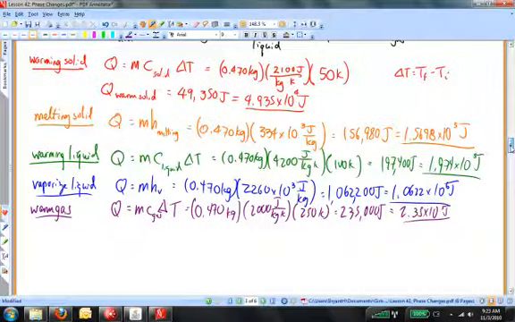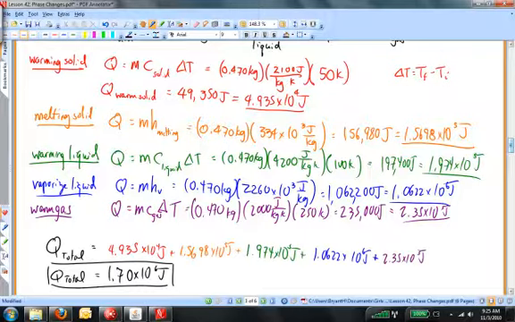So, how much total heat do I need? Well, I'm going to add up all of these numbers that I've just calculated: the amount of heat to warm the solid, the amount of heat to melt the solid, the amount of heat to warm the liquid, the amount of heat to vaporize, and the amount of heat to warm the gas. And I'm going to get some total number. And I get that the grand total is 1.7 times 10 to the 6 joules, roughly 1,700,000 joules, to take this solid chunk of ice at negative 50 degrees C and turn it into steam at 350